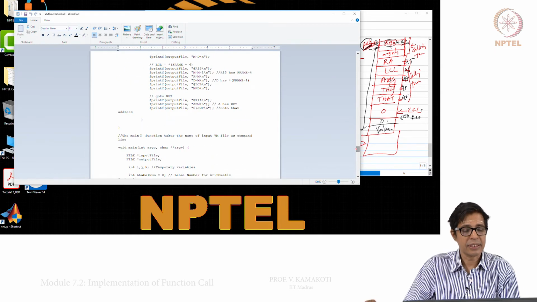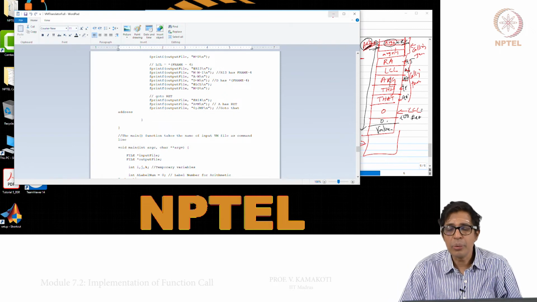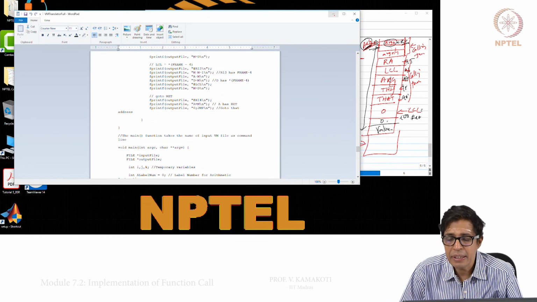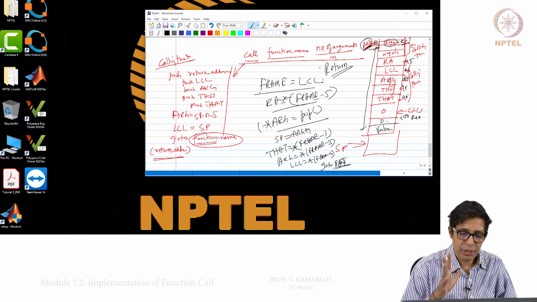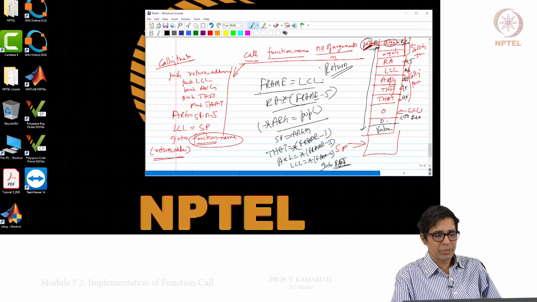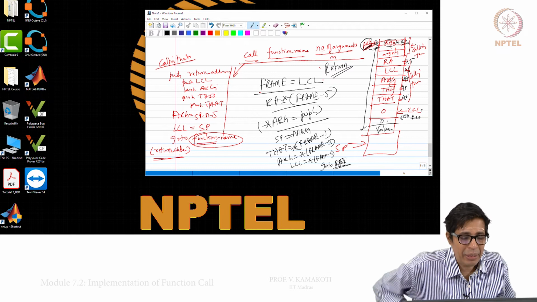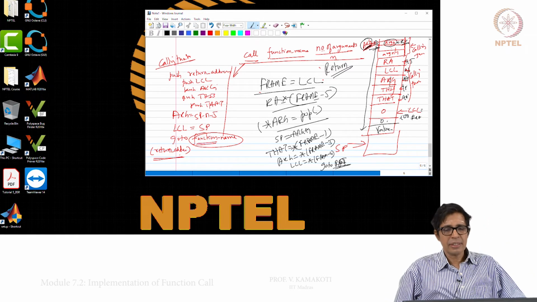Right. So, this is the return. This is how we implement call, return and function declaration, which are the 3 important commands of the function call for the virtual machine, right.